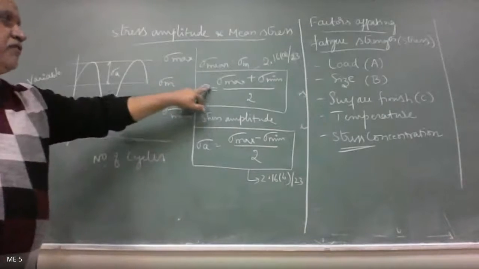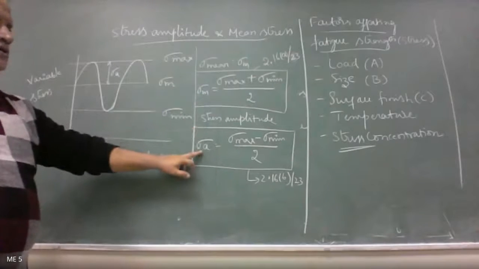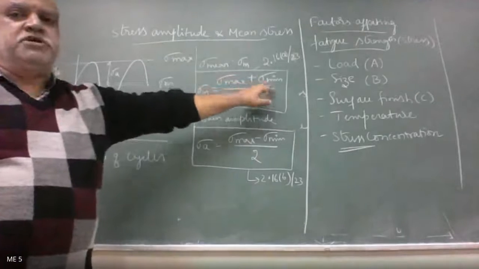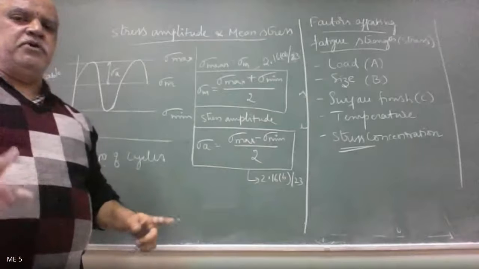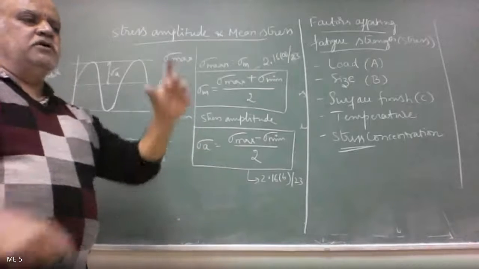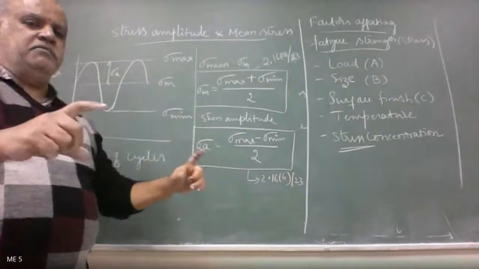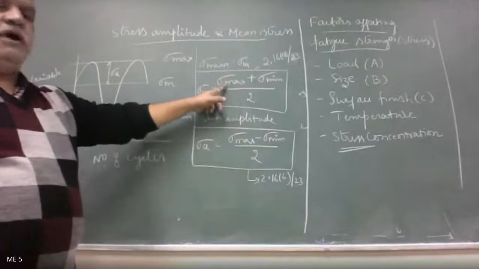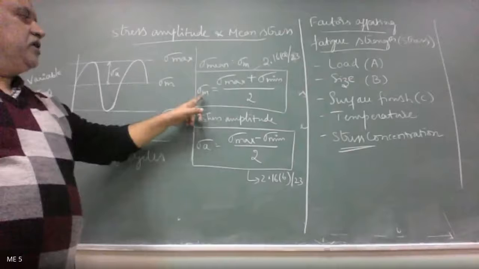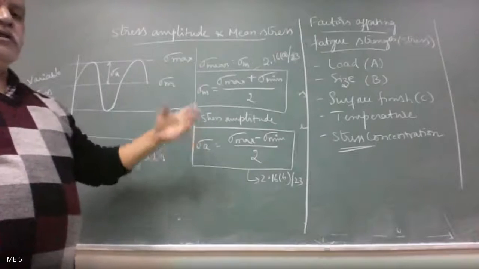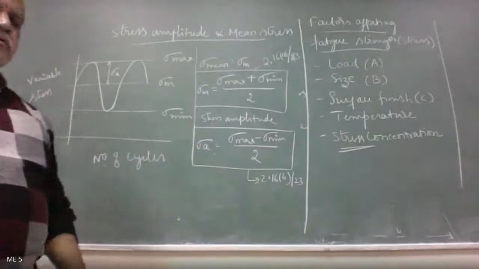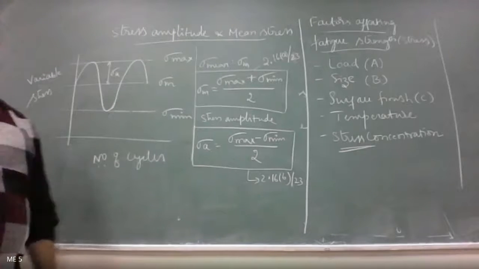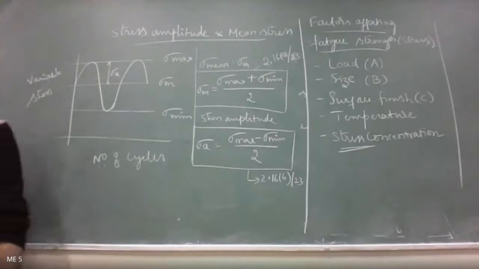Remember, we are finding out mean stress and stress amplitude, so we are finding out maximum stress and minimum stress. While solving problems, we will have two loads, one minimum and another maximum. We find stress minimum with the minimum load, stress maximum with the maximum load, then find the mean, find the amplitude, then get into the Soderberg relation. Make it fast. If you say you are finished, we'll go to the next.